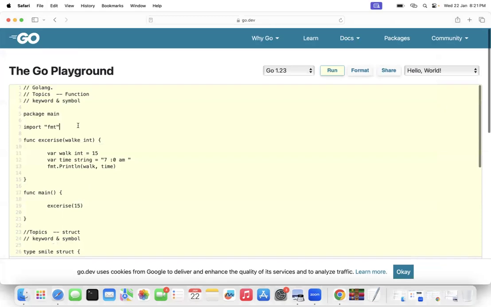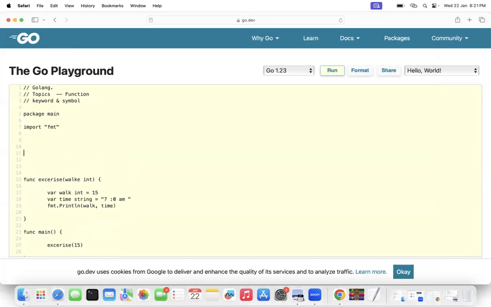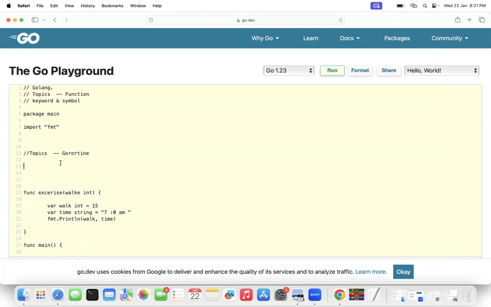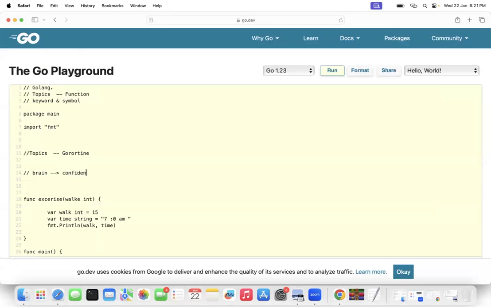Very good. So what exactly is a goroutine? Let me tell you in a simple way. Imagine you have a brain. In your brain, you have confidence that is running, and you have something called problems. How do both run in your brain?